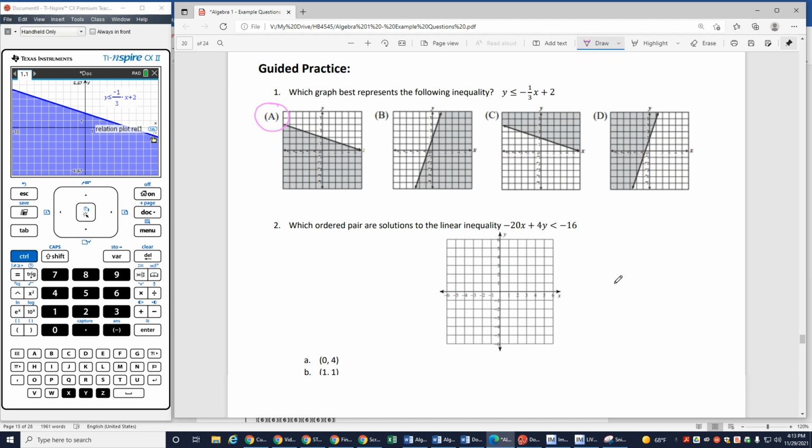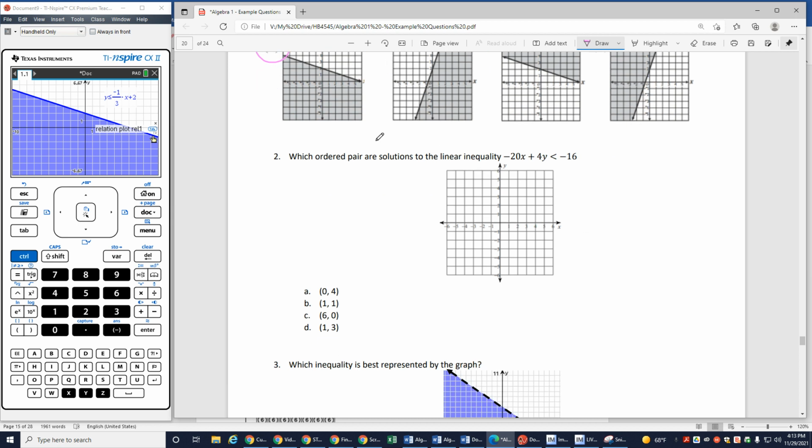Okay. Number 2 is a little bit different because this time I don't have my graph set equal to y. But that's okay. If you're using what it says here is a relation, you can erase all the way back and type in this graph the way it is. It limits some of the capabilities, but if we just want to know what the graph looks like, then it's perfectly fine to do this. So negative 20x plus 4y